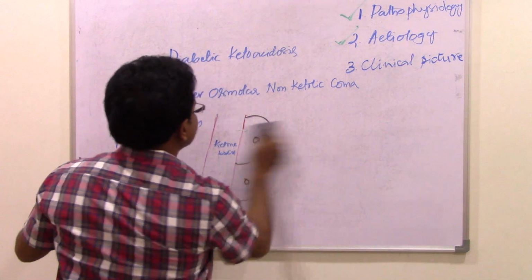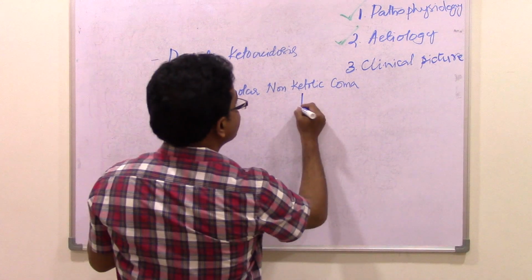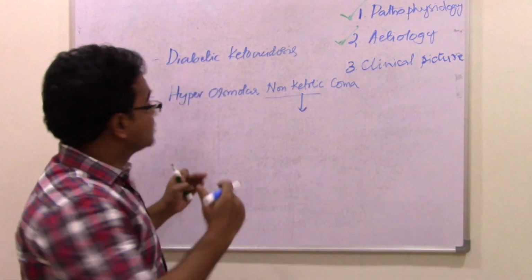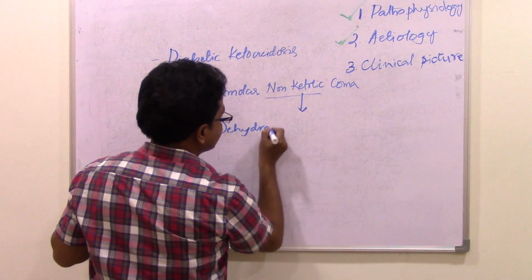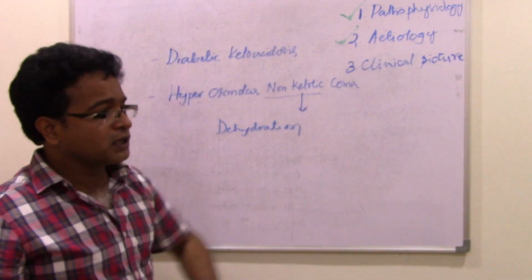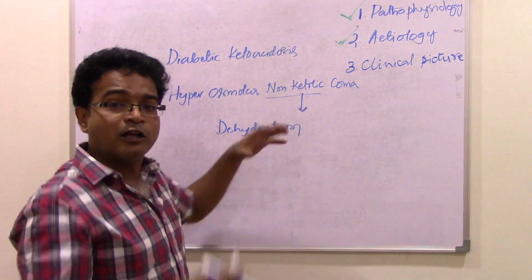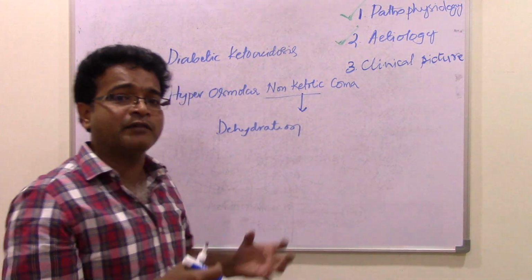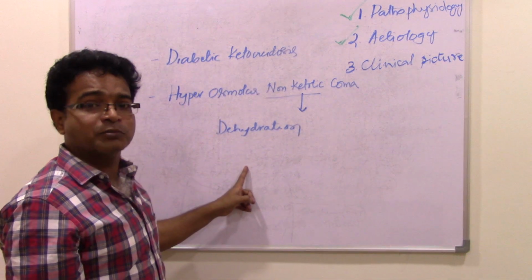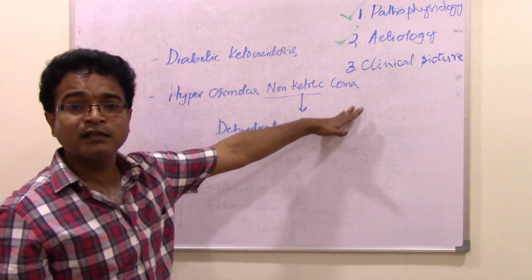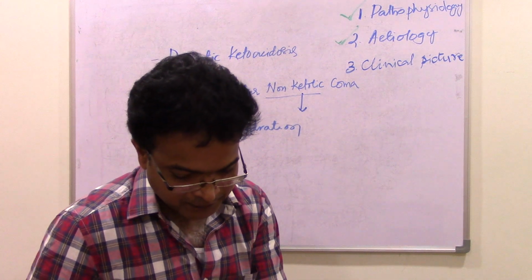And hyperosmolar non-ketotic coma is the same thing. The only difference is that here there is no ketone body production. The sugar level goes up, and there is severe dehydration, right? Because the sugar level usually goes beyond 500 milligrams, 700, 800, 900 milligrams per deciliter. So that excess sugar is pumped out of the body, and along with that there is loss of excess fluid from the body, leading to dehydration, resulting in coma. Okay, these are some other early complications.